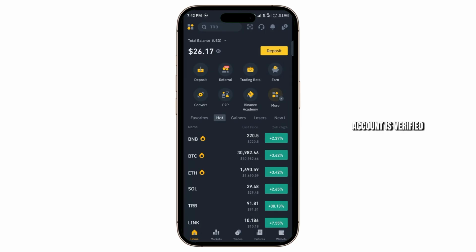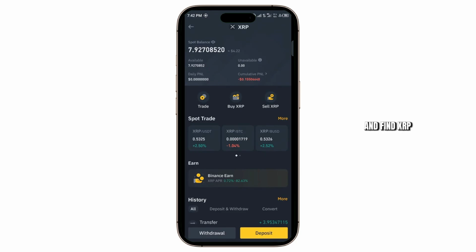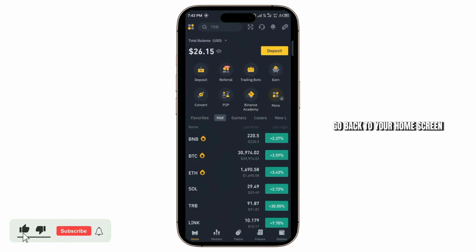your account is verified. Tap on the wallet icon at the bottom right corner. From here, you want to go to Spot or the Funding tab where you have all of your assets and find XRP. Once you tap on it, all you have to do is take note of how much XRP you have on your account. And you're going to have to go back to your home screen and then tap on